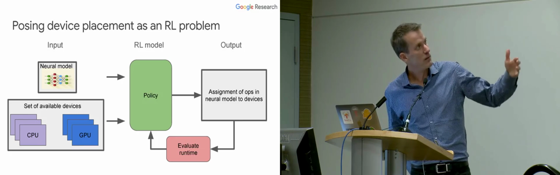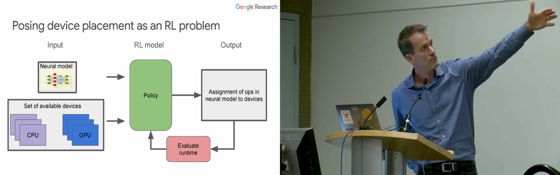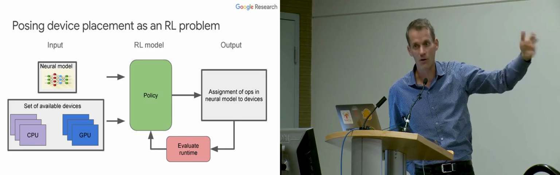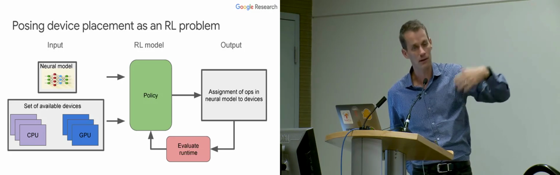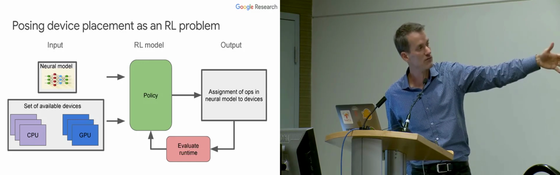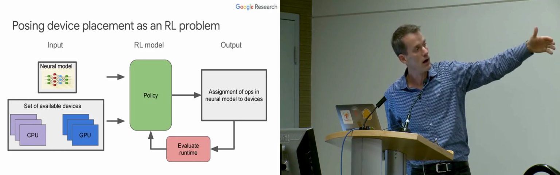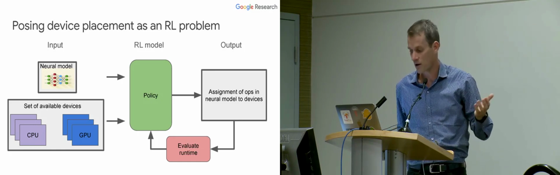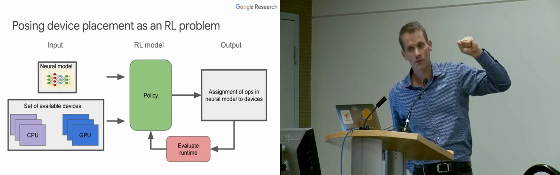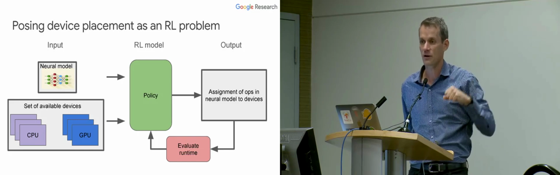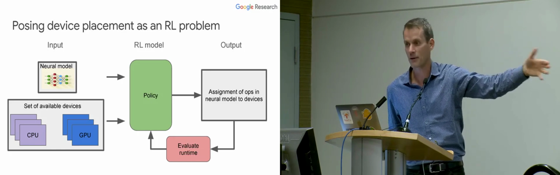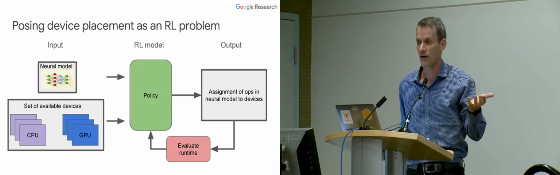So you can pose device placement as an RL problem. In particular, you have some model you want to run, typically over and over. You want to run each step, and you're going to do many, many steps of the computation. You have some set of available devices, which might involve a bunch of CPU cores, a bunch of different GPU devices, or maybe TPUs. You can essentially have a policy take that graph, place different pieces of that computational graph on different devices, make the assignment, and then evaluate the runtime by running a step of this computation and seeing how fast that performs.